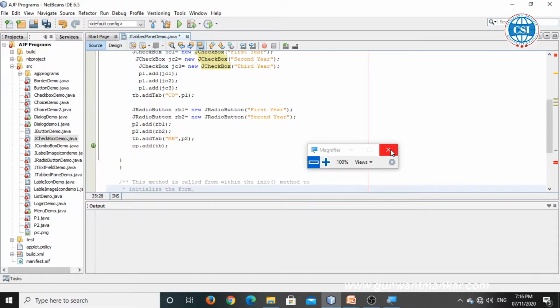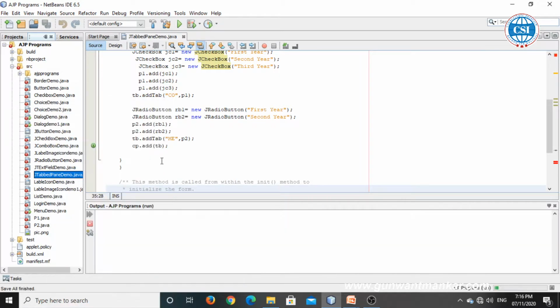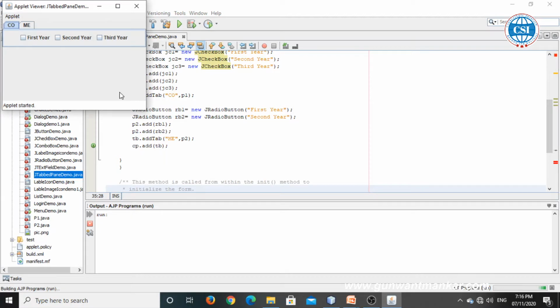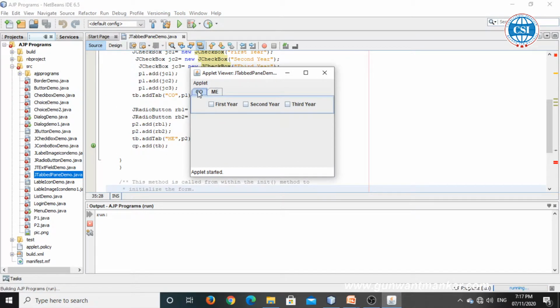Just right-click on that program and run it. JTabbedPaneDemo. Where is the JTabbedPaneDemo? Yes, got it. Click on the run button. This is the output. The CO department is auto selected.